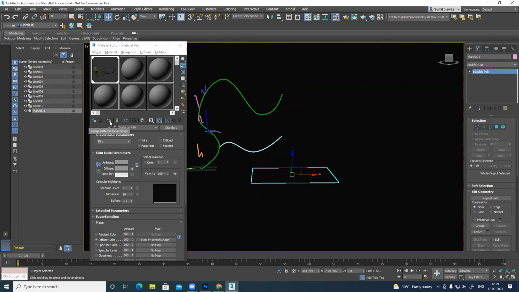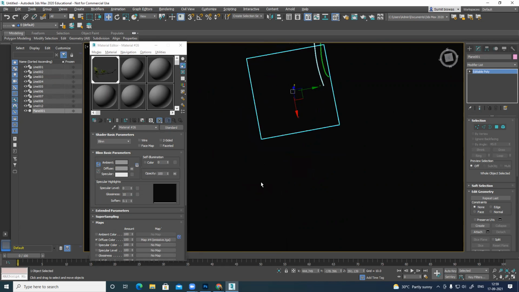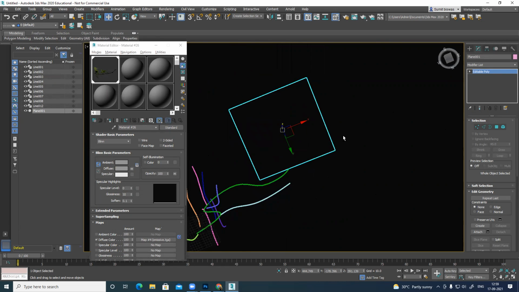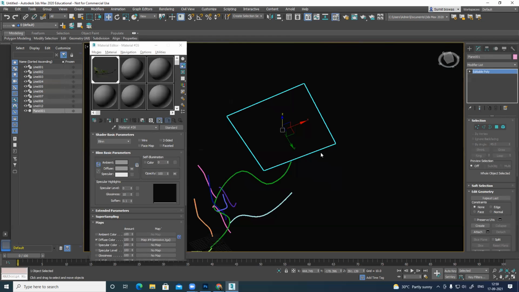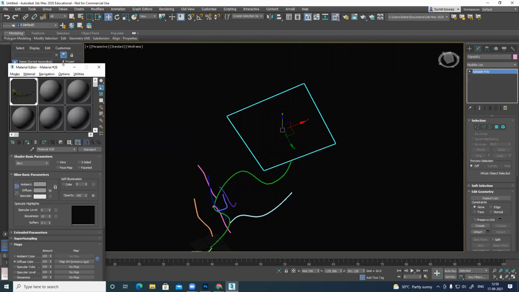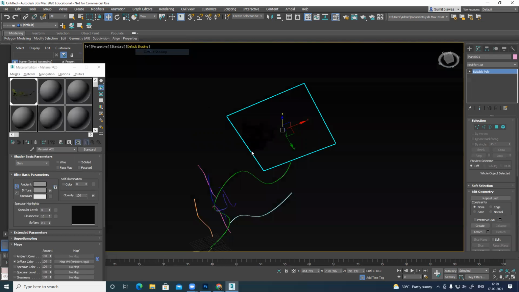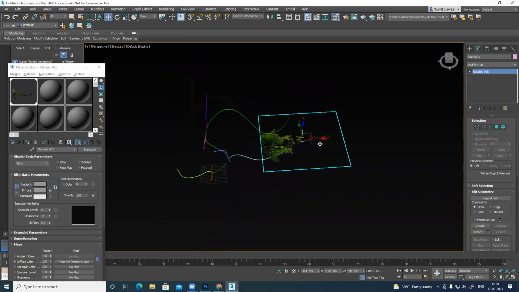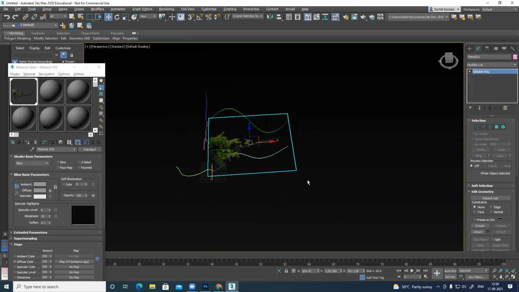That's what I'm applying there. Oh, wireframe is on. So I can see the texture. Let's see. I want to create this branch.